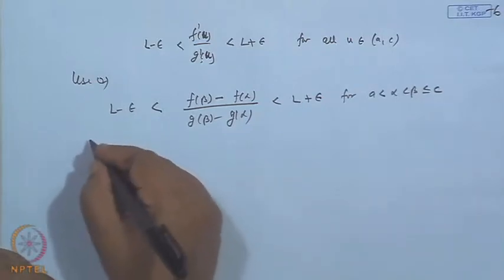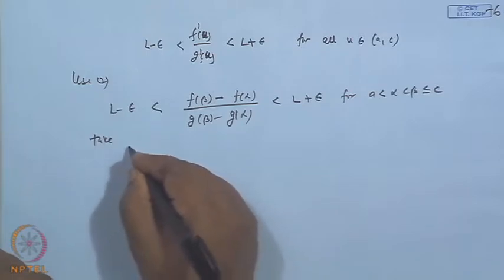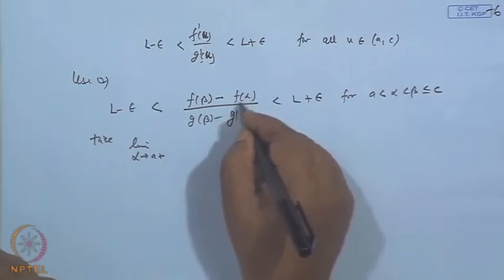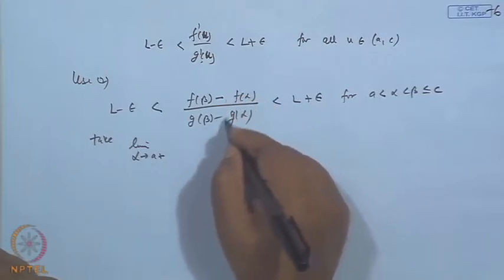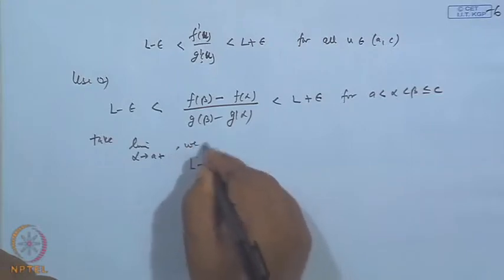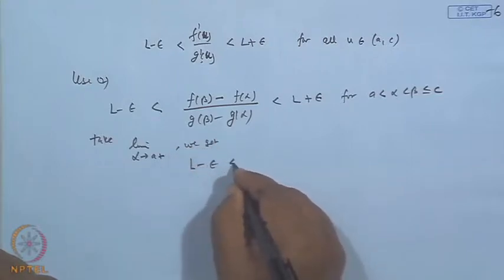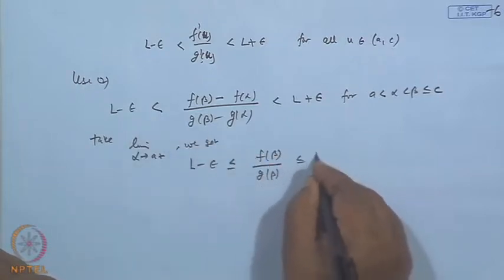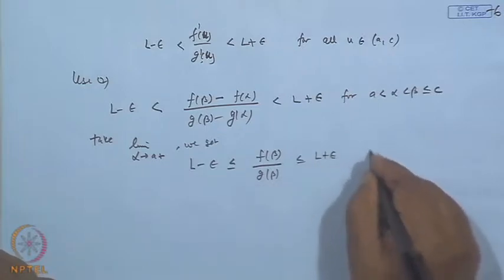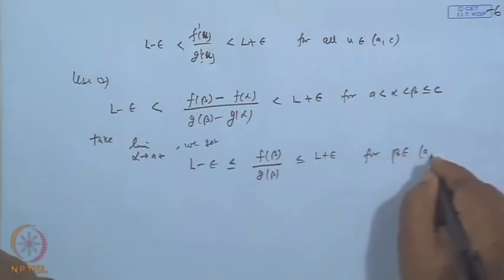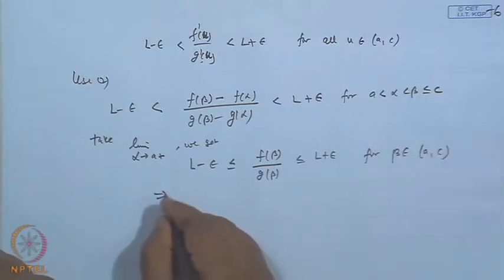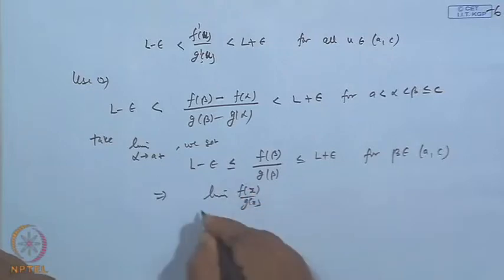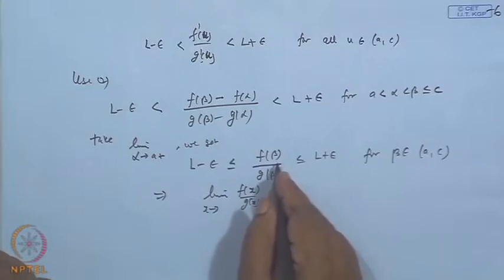Now, take the limit as alpha tends to A plus. This limit will be 0, is it not? So what we get is L minus epsilon is less than or equal to f beta over g beta, which is less than or equal to L plus epsilon, and this is true for all beta belonging to the interval A to C. Therefore, this shows the limit of f x by g x when x tends to